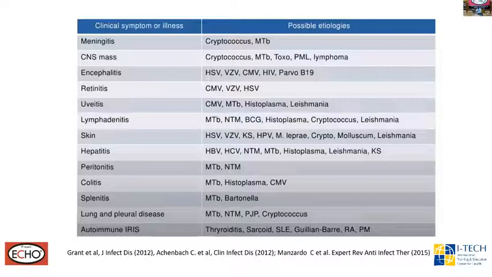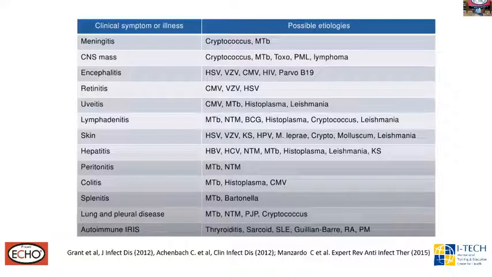Now, we spoke about some of the other causes earlier, but IRIS can occur with a lot of different clinical presentations, primarily based on where the primary infection is, and it can occur in response to a lot of different types of pathogens. So we spoke about TB, we spoke about cryptococcus, we spoke about CMV and Kaposi's, which is one of the viruses as well. But it can also occur in response to herpes simplex, we actually might be having a case downstairs. It can occur as with what we believe this case I presented with: histoplasmosis, Mycobacterium leprae, leishmaniasis,